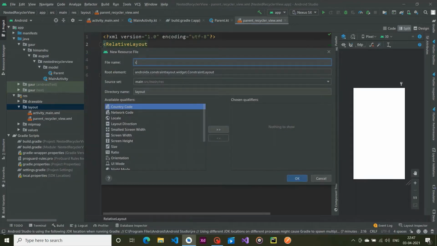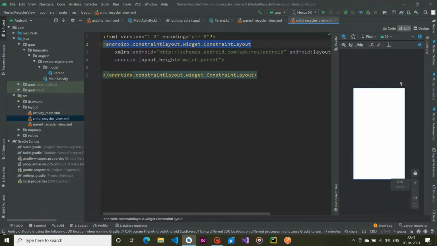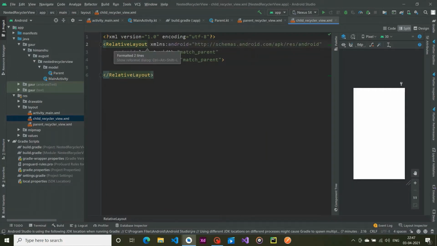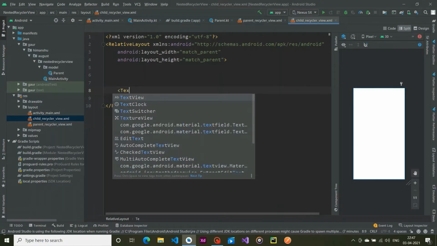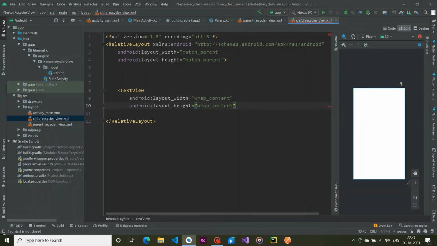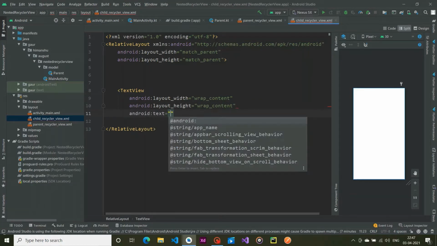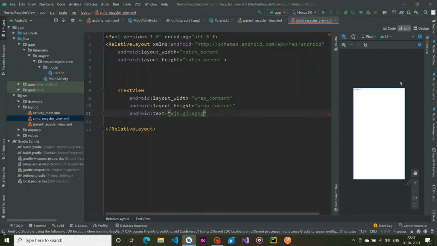So this is, I think, the child recycler view. Create it and make this a relative layout. All right, so within our child recycler view I am going to create a text view. So text view width and height is wrap content, and the text is some random stuff, provide some style to it.